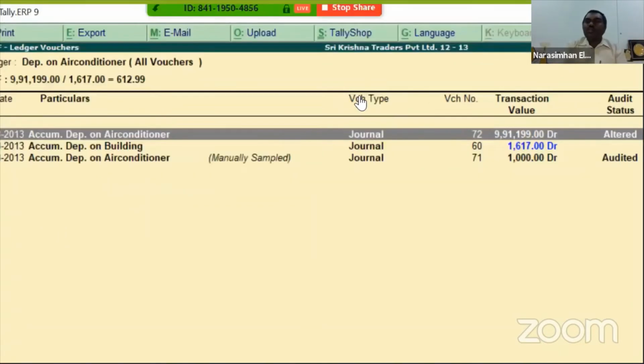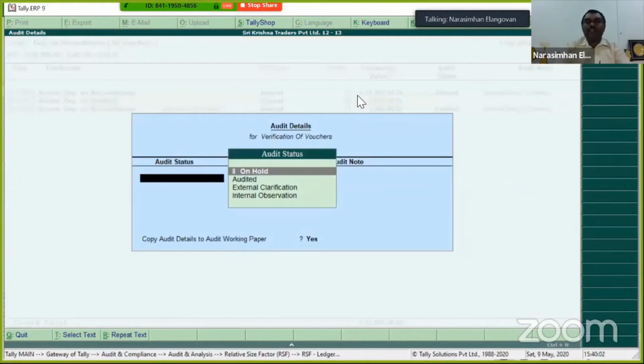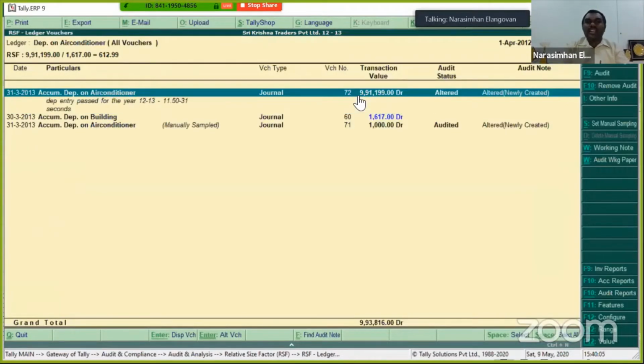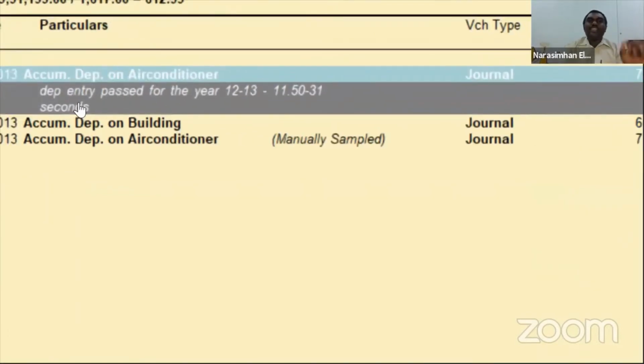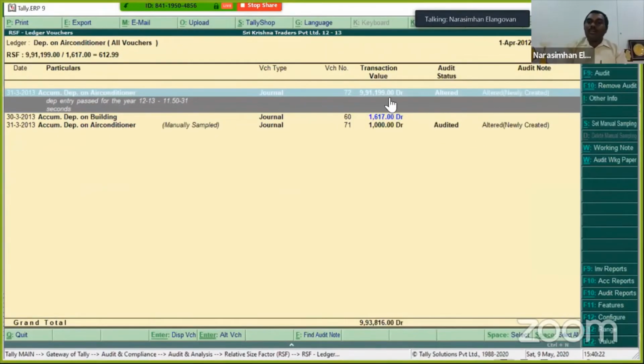If those of you are able to remember carefully, if I click this entry, I am sure you will be able to recollect something. This is the entry we passed yesterday. I'm using the same Tally. This is the entry we passed yesterday for the purpose of just showing various remote entry transactions. This is the entry I passed, correct? So this is how that number works. Look at the first highest number, look at the second highest number, see the ratio. It is significant, extremely high. And that is what you get to know by looking at this.